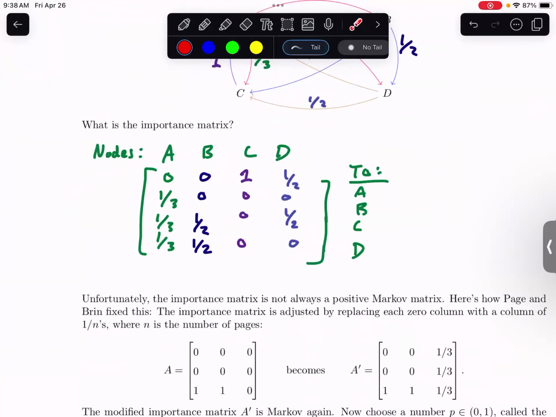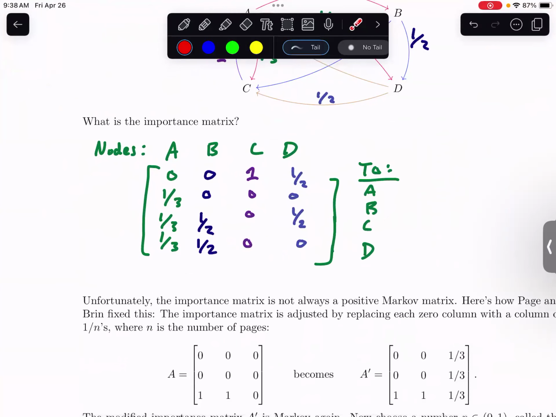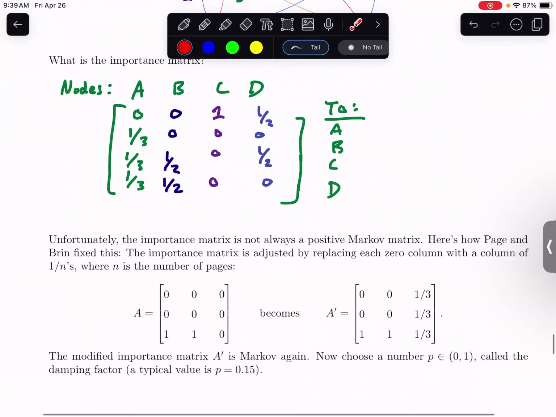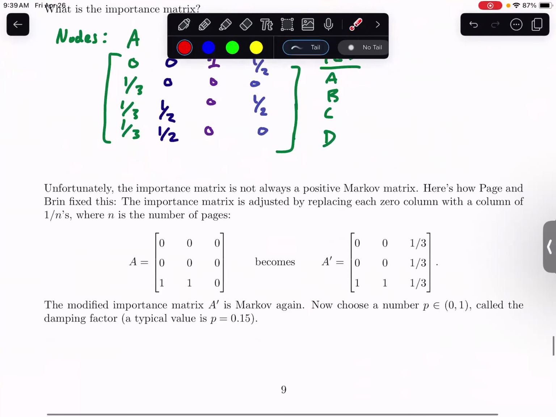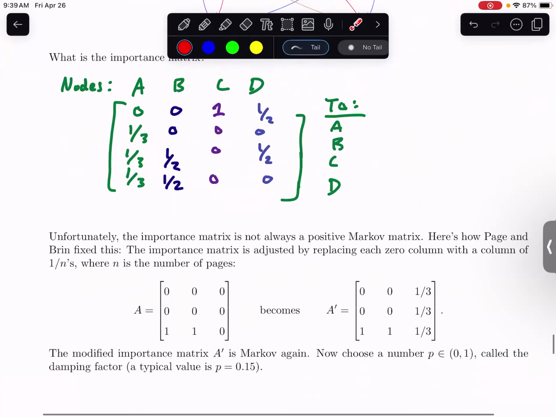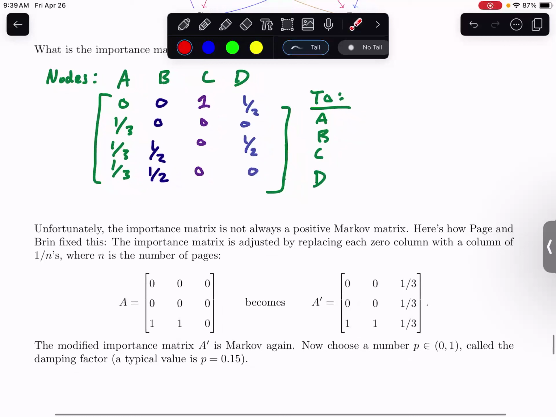And I guess it's worth mentioning too, this importance matrix will always be a Markov matrix, right? I didn't say that, but hopefully you noted that this is a Markov matrix. The columns all sum to 1. And so this is how Page and Brin worked around the fact that the entries weren't always going to be positive. So the first thing they did is they made it so if you have an importance matrix where you have a web page that doesn't go to any other web page,